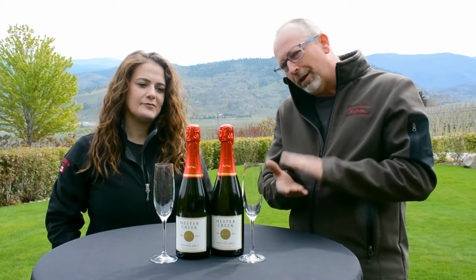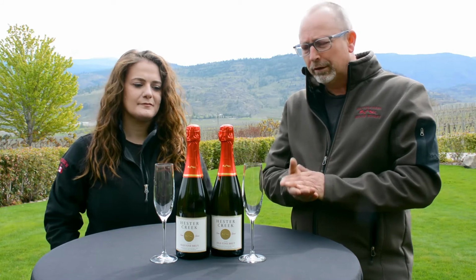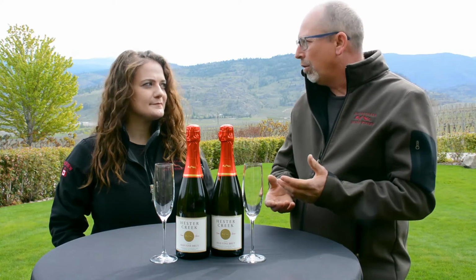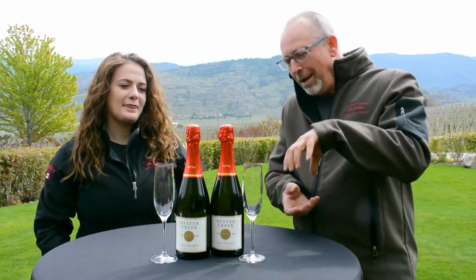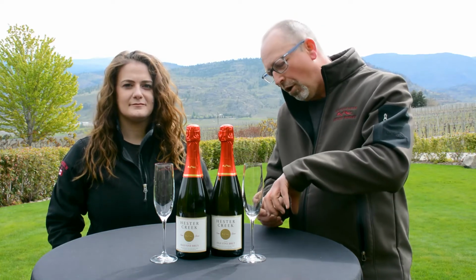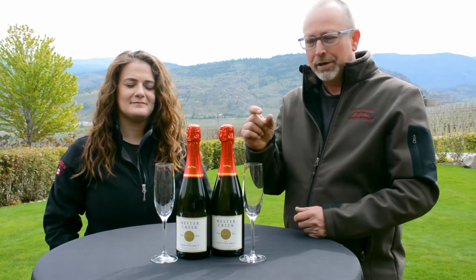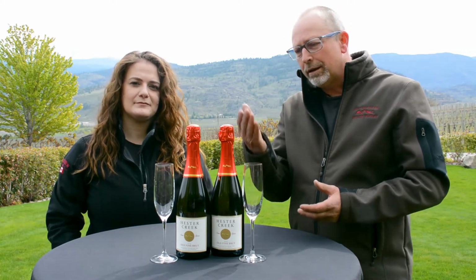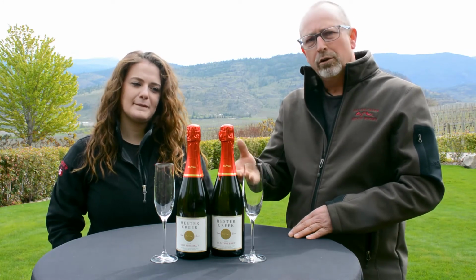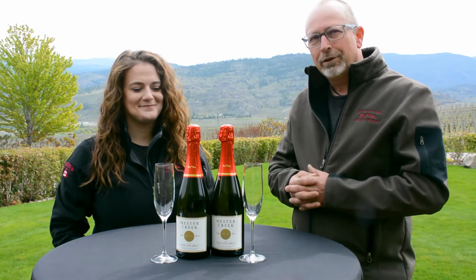Then when the sediment's in the neck, we disgorge it. After about 28 days of riddling, they go upside down into a cold glycol bath. It's like -13, quite cold. It's a crown cap on there, kind of like a beer cap. So the crown cap comes off, and you get almost like a little pellet of yeast that comes out. The pressure that's in there will knock it out. Then we top it up with a little liquor dosage, and then they put the cork, the wire hood, and the foil on it. So it's a long process, but we believe it's worth the wait, and we're excited to